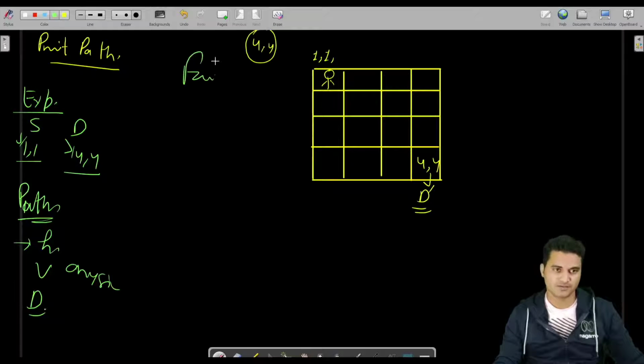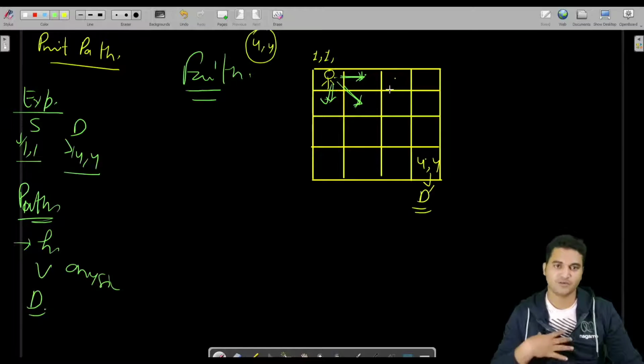My faith is, see this very carefully, if I can get all the paths to reach from here to here, and from here to here, and from here to here, let us say I can take one step here, one step here, and one step here. Of course I can take one step here also. This is up to me.